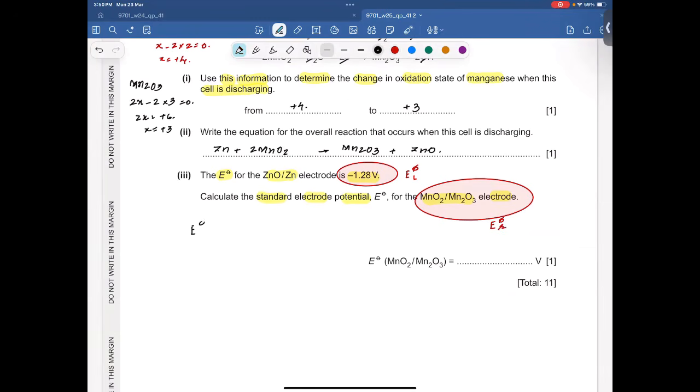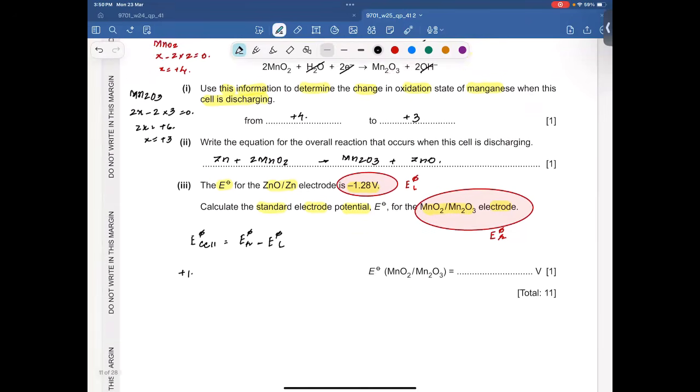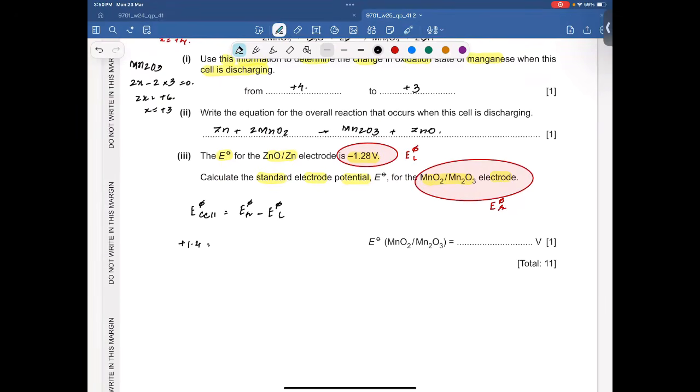So E naught cell equals E naught right minus E naught left. E naught cell is plus 1.47 equals E naught right. We need to get the value, and E naught left is minus 1.28. So it is plus 1.40 equals E naught right plus 1.28. So the value of E naught right, which is basically E naught